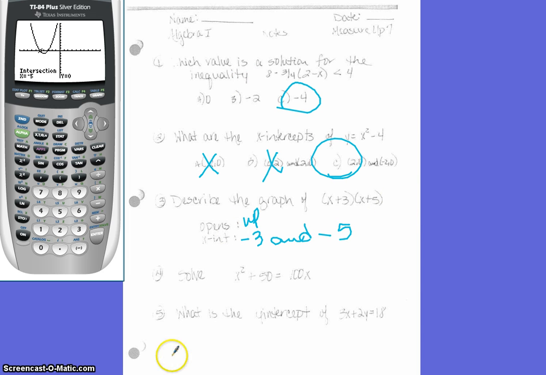Anytime they give you an equation and tell you to solve, you want to go to y equal. Everything before the equal sign goes at y1, so we have x squared plus 50. Anything after the equal sign goes at y2, so we have 100x. It does not matter what letter they have in the problem, you will use x if you're at the y equal screen. So then you're going to go second calc 5,